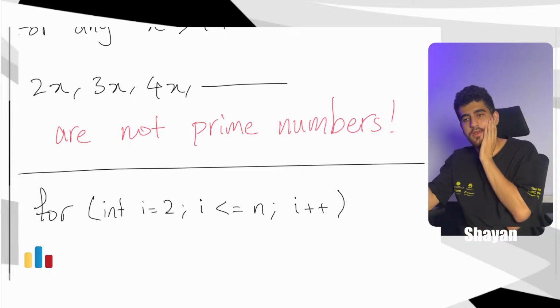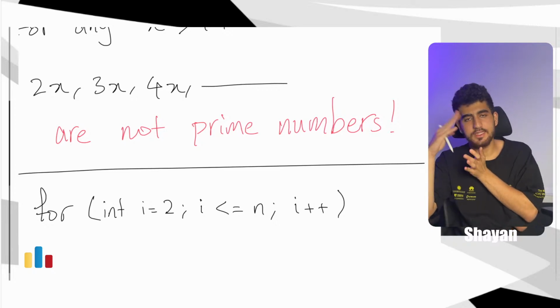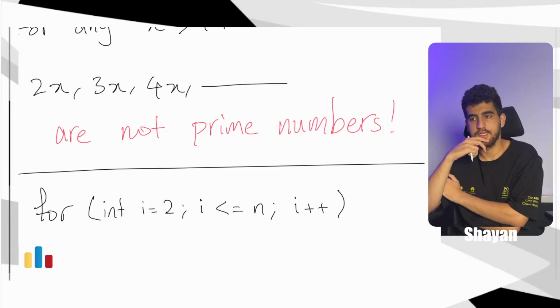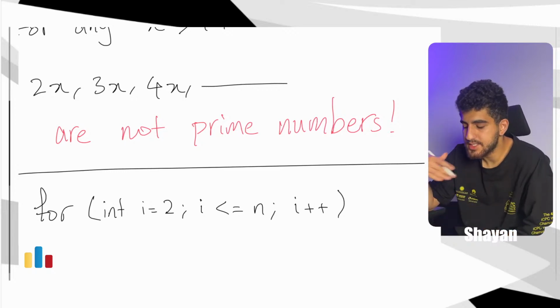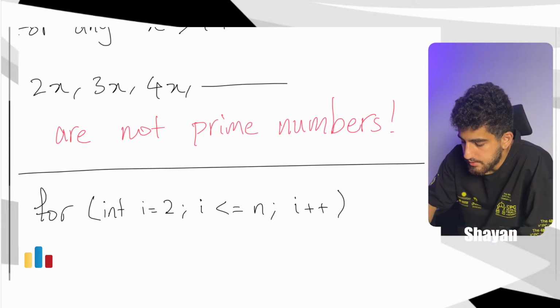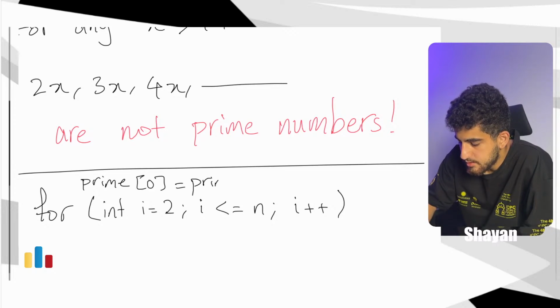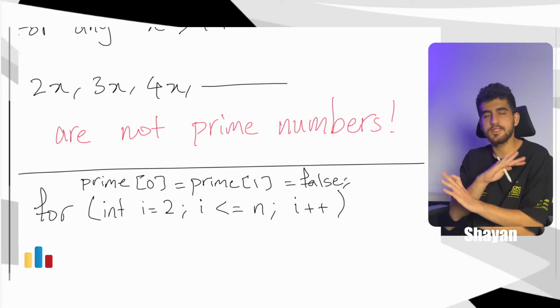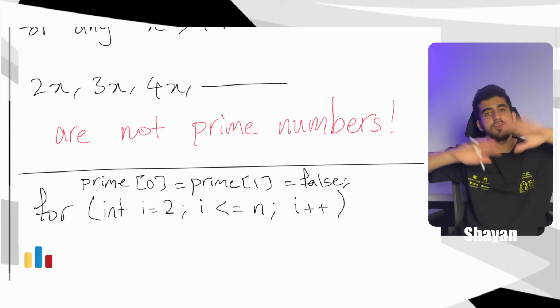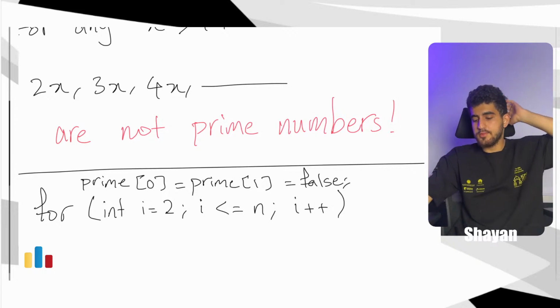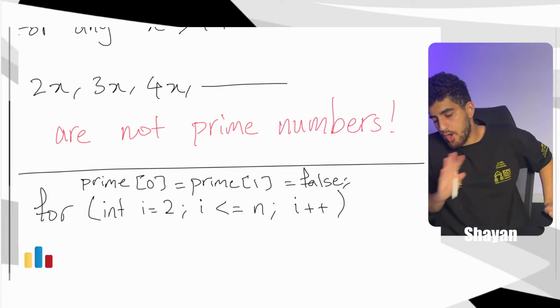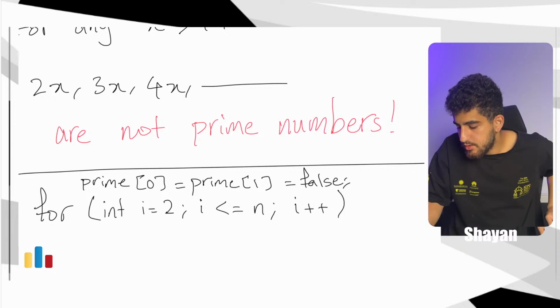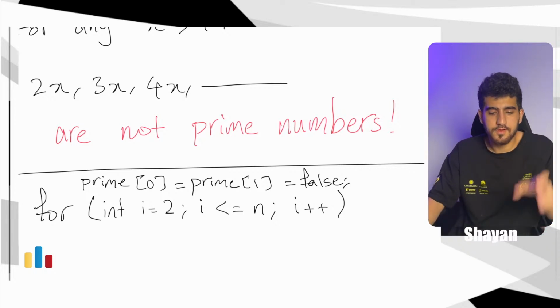Assume that we have an array that shows whether each number is prime so far or not. Assume that initially for all numbers we set that they are prime. We just know that prime of 0 and prime of 1 is false. 0 and 1 are not prime numbers. So initially for everything, prime of i is equal to true. We initially set that everything is a prime, then gradually we remove the numbers that are not prime anymore. First we remove 0 and 1. We set prime of 0 equal to false, prime of 1 equal to false.